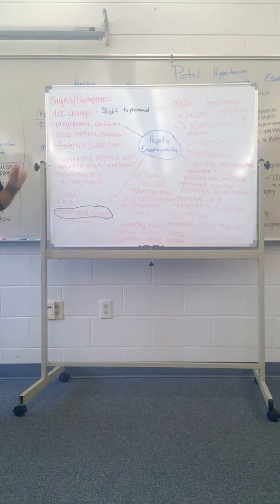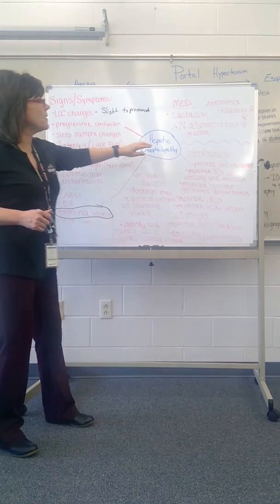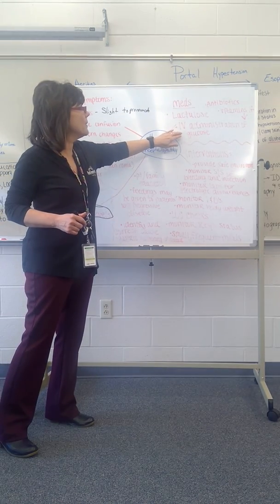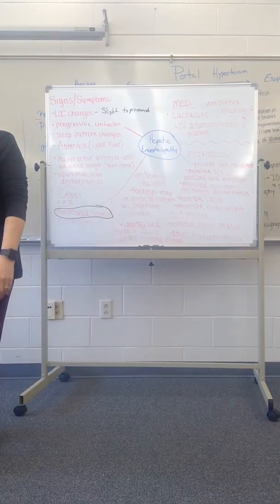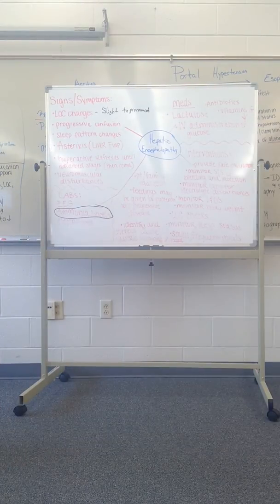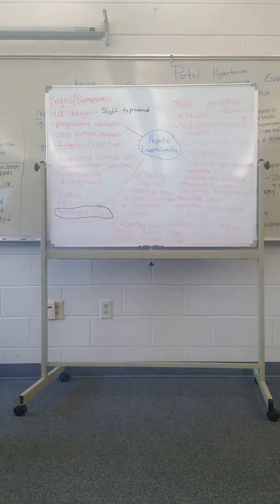That lactulose can be mixed with fruit juice. It can be given by NG tube, and it can be given by enema. Okay, so any of those 3 routes. I wanted to make sure I said that. They're probably going to be on some vitamin supplements, and they may have to have glucose because all of the changes in the body can cause them to be diabetic. Not all patients, but some of them.